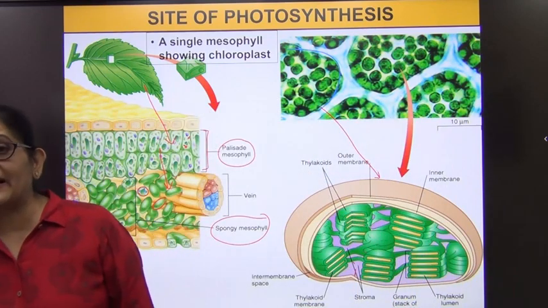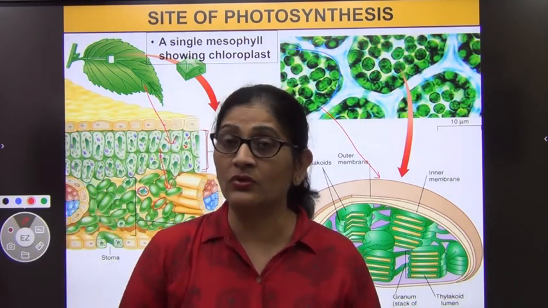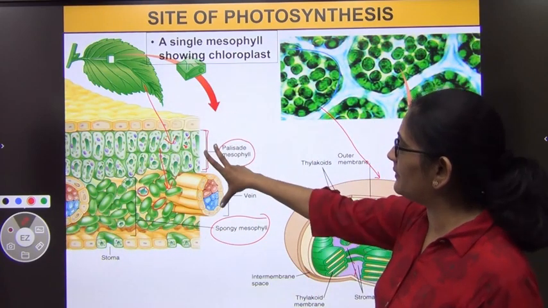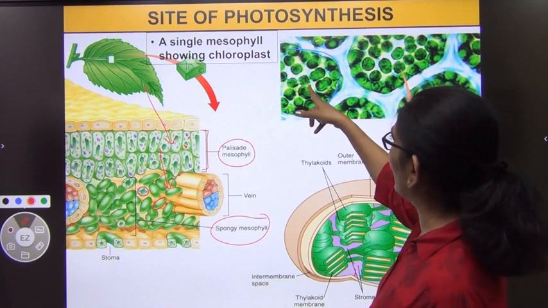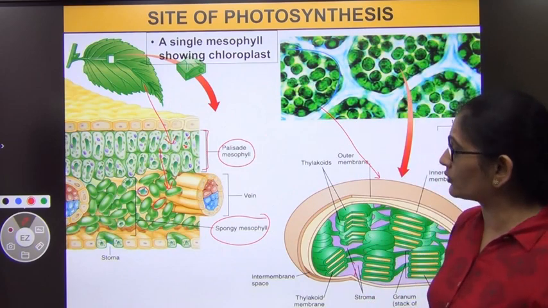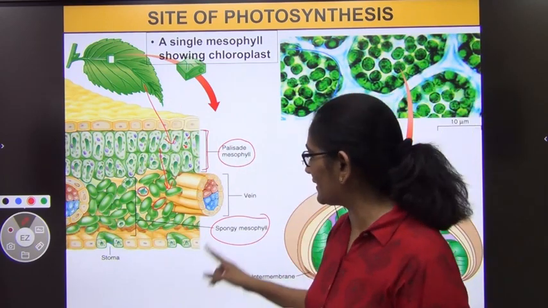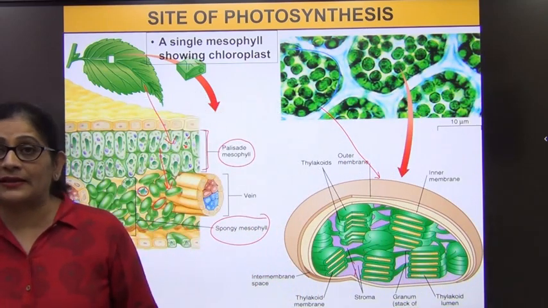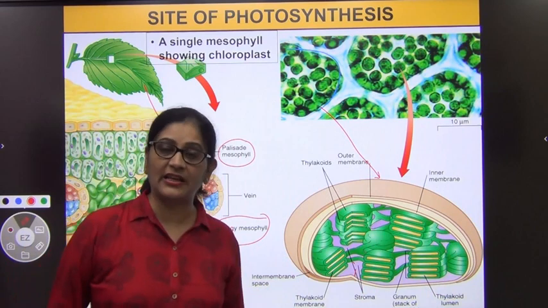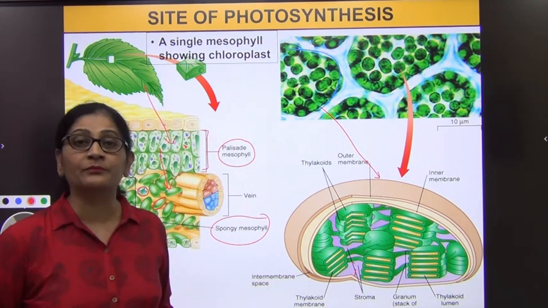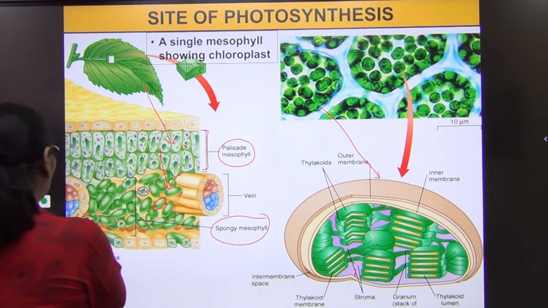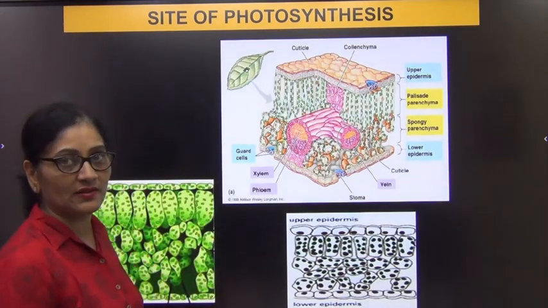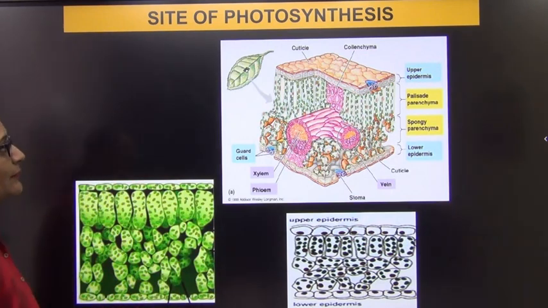So finally, the site of photosynthesis is known. Photosynthesis takes place in the green parts of the plant, especially leaves, in the mesophyll layer, in special organelles called chloroplasts, which contain chlorophyll. It is more abundant in the palisade layer than in the spongy layer. Now that we know where photosynthesis takes place, our first topic is complete. So now we'll go into the next topic, that is, what are the raw materials and what are the factors which govern photosynthesis. Before that, take a look at this diagram once more.